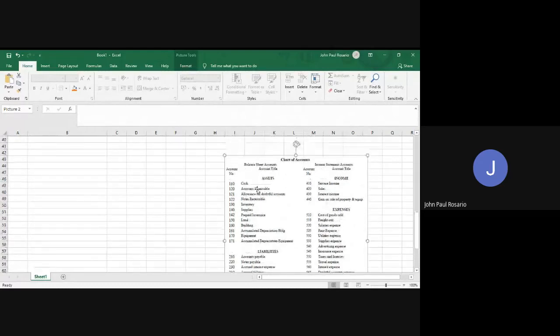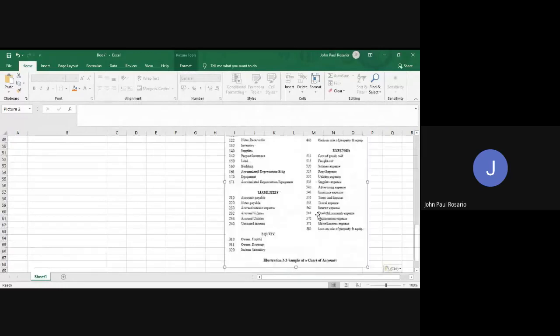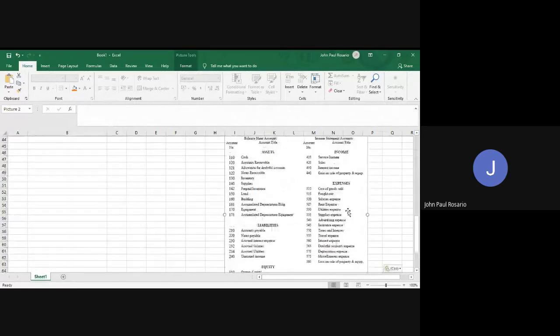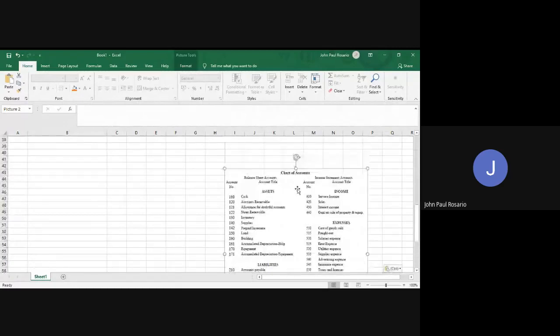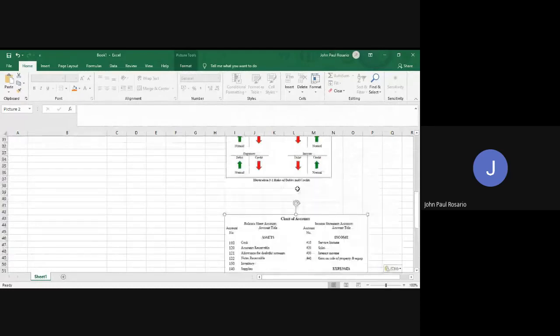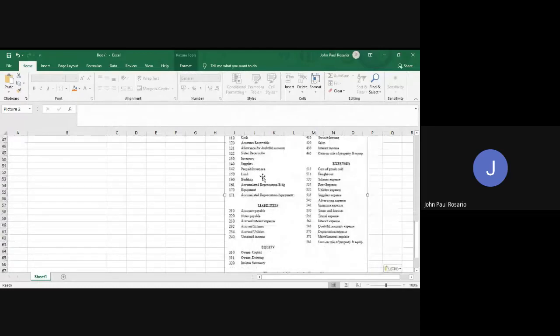Okay? To guide you, if you are not sure whether an account is an asset, liability, equity, revenue, or expense, you may check this chart of accounts. It is a list of all the account titles used in the company. It doesn't necessarily mean it is complete; it can be added to. You will not necessarily use all of them, and there is a possibility that some will not be used.